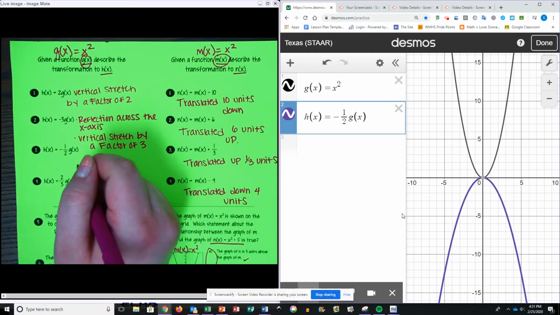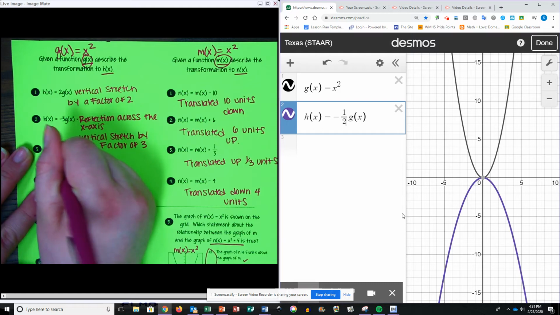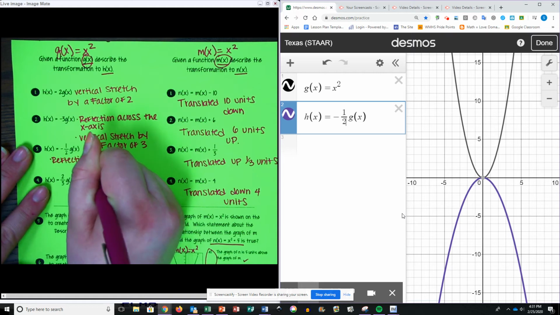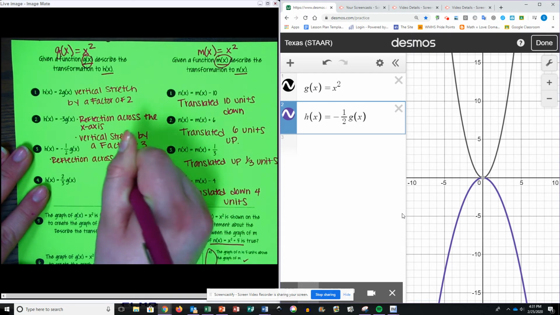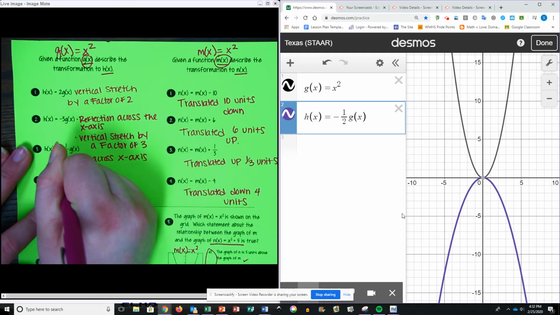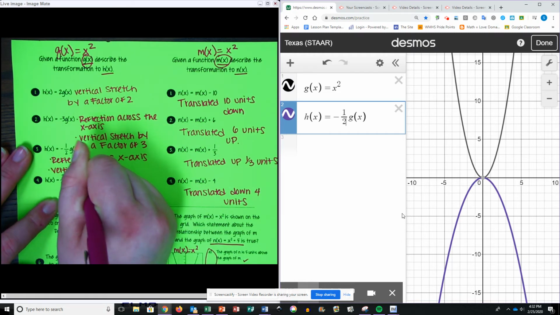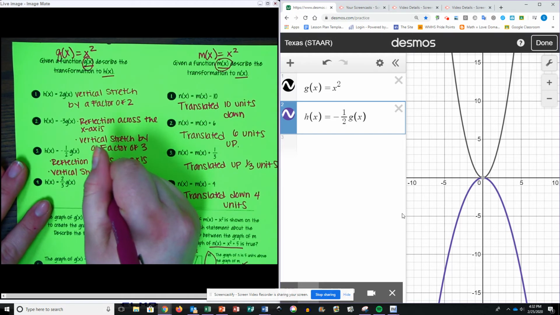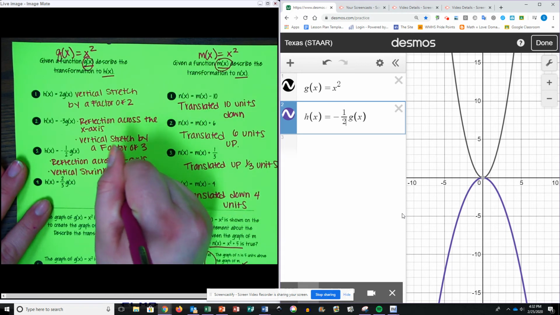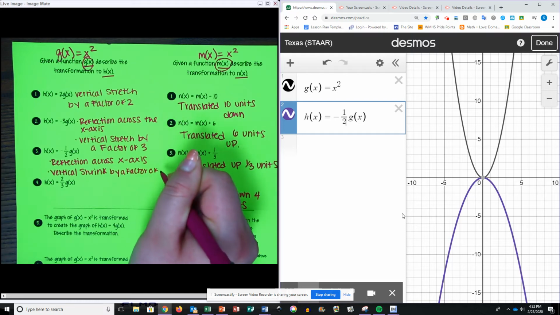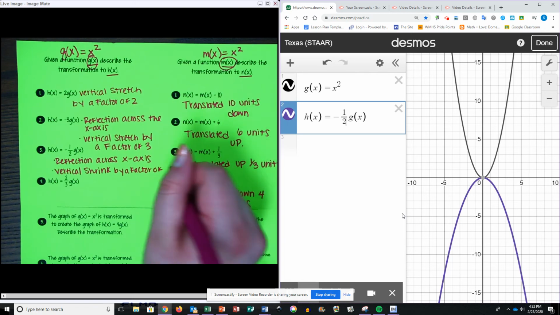So over here, I can write that this negative sign made a reflection across the x-axis, and this time it has a vertical shrink because it's being kind of like smushed to make it wider. So a vertical shrink by a factor of